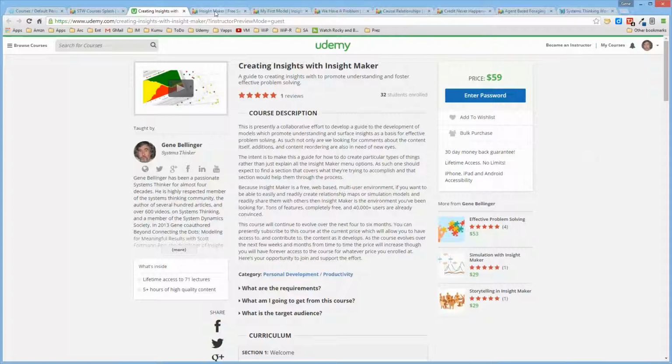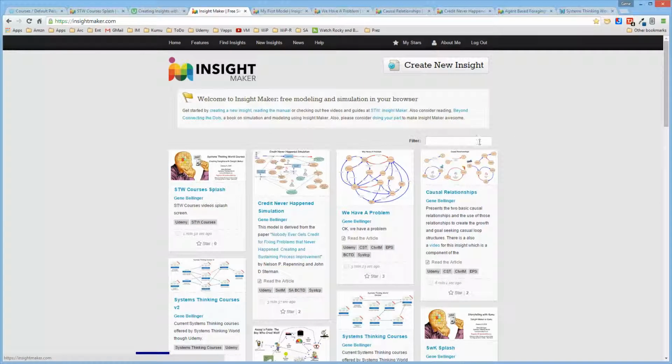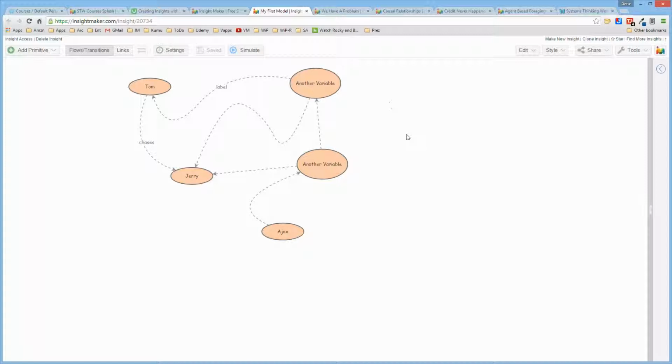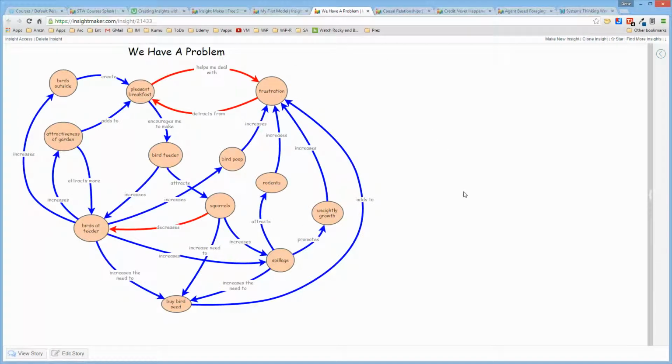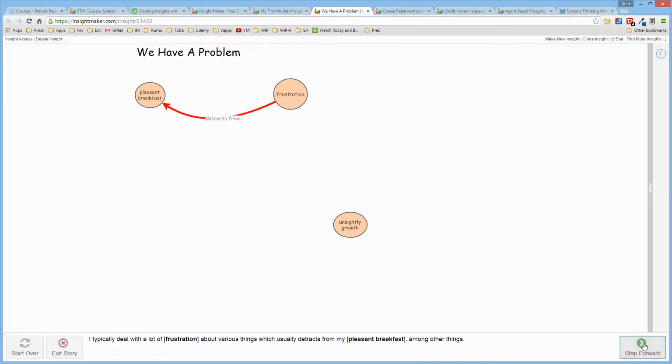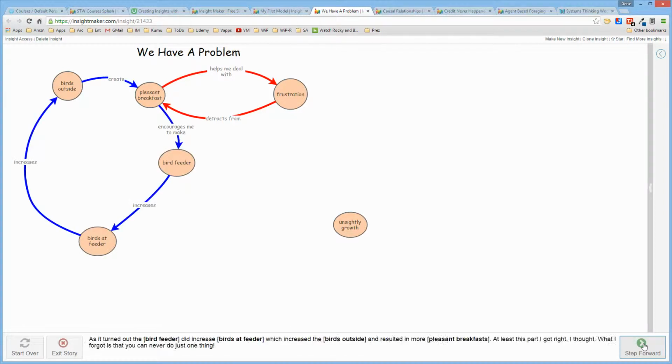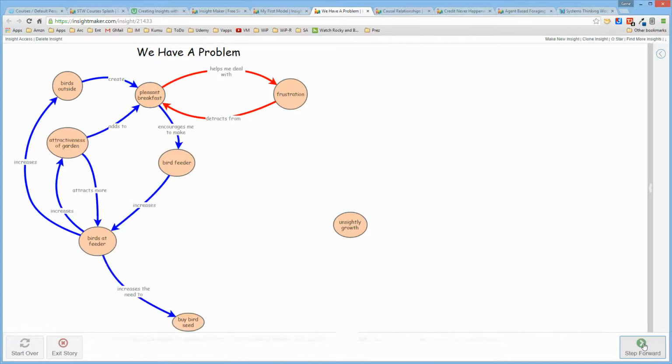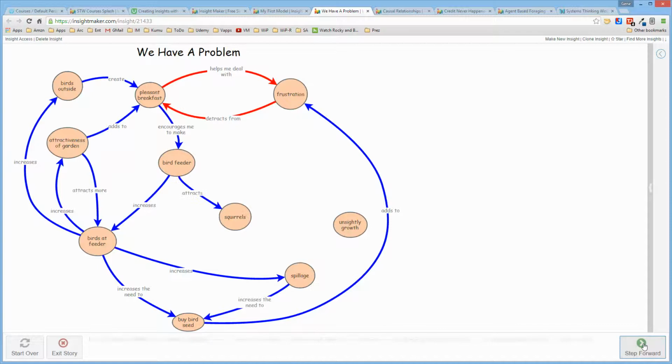And it starts off in a very simple fashion, covering the various aspects of the Insight Maker environment itself, to developing the first relationship model, which is extremely trivial, and evolving that into more sophisticated relationship models, and then teaching about the storytelling mode within Insight Maker, where you can actually unfold a model to someone to tell them a story so that it's much easier for them to understand what the